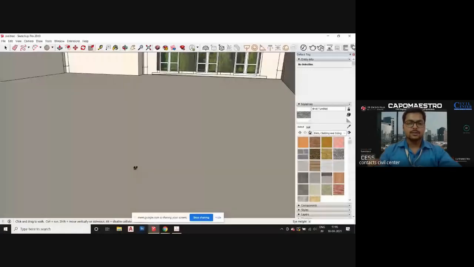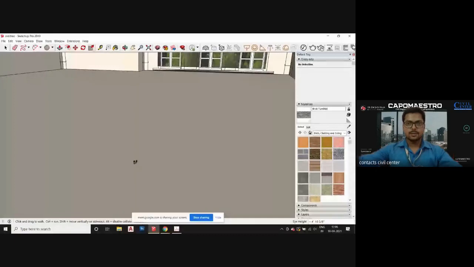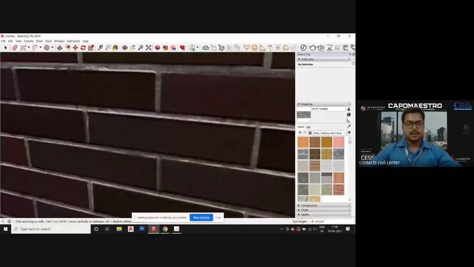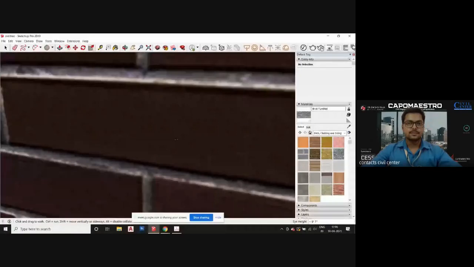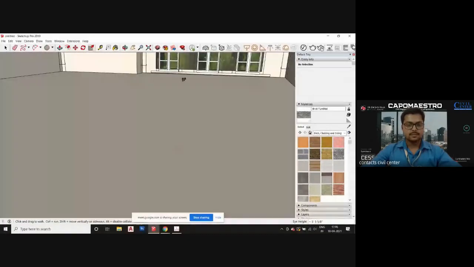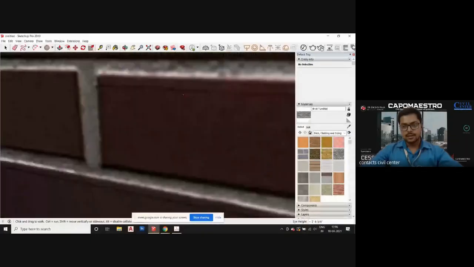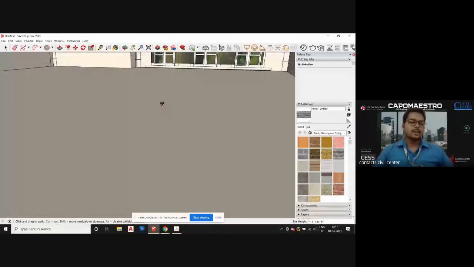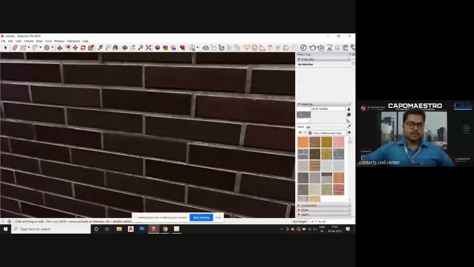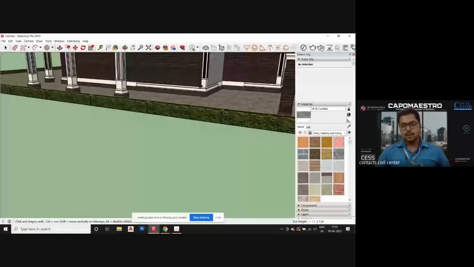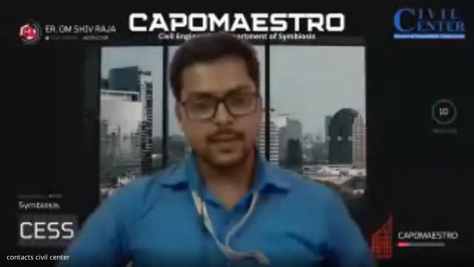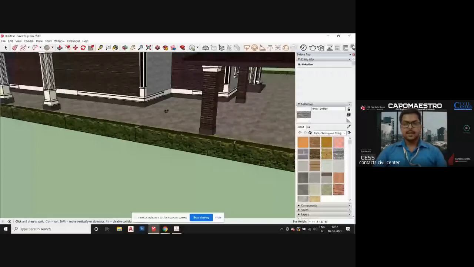So just pull it up like someone is looking at the roof. Got it, sir. Okay. So this depends upon model to model, what are the different things that we can do. So in some models you will find the walls and in some models you may not find the walls. Okay. Next. Any other questions?